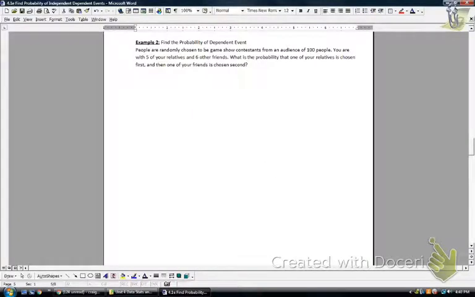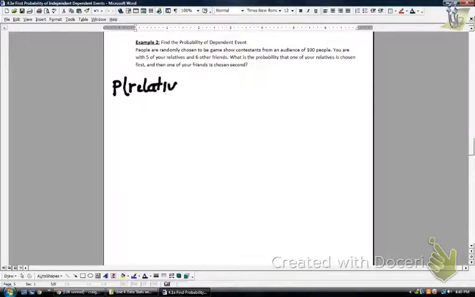Example 2 says find the probability of a dependent event. So that's going to be a little bit different. People are randomly chosen to be game show contestants from an audience of 100 people. You are with 5 of your relatives and 6 other friends. What is the probability that one of your relatives is chosen first and then one of your friends is chosen second? Okay, so my first event is the probability of a